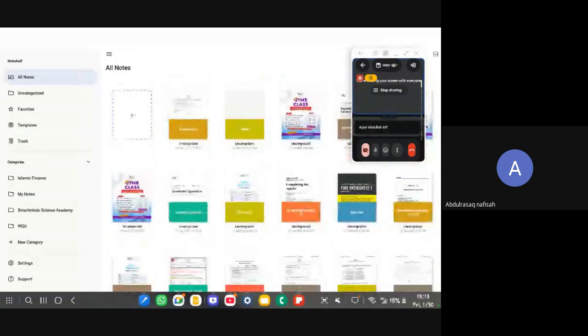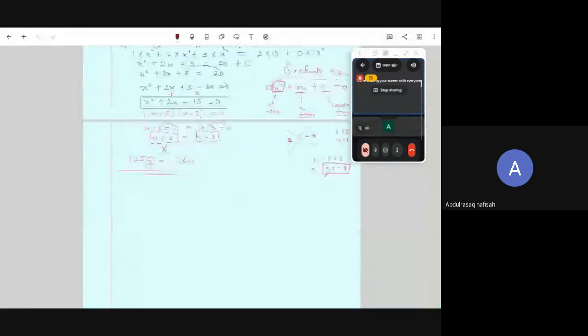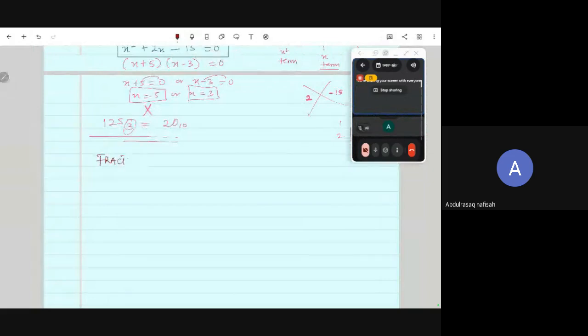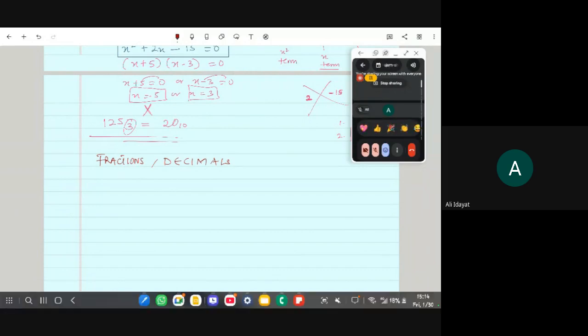Now, when we come to the topic, fractions, decimals, approximation,